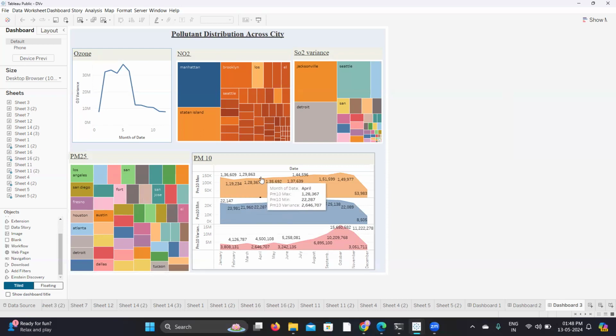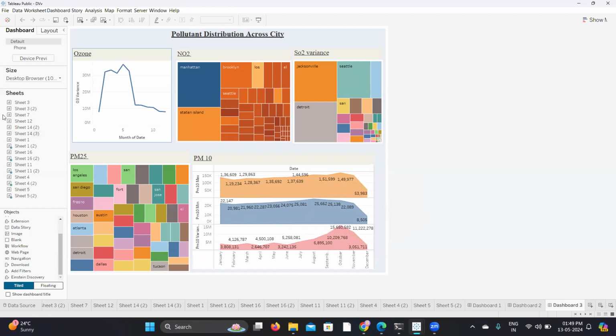Next, we have PM10. This chart tracks the trend of PM10 levels throughout the year, with the x-axis representing months from January to December and the y-axis depicting PM10 levels. Each point on the graph is annotated with the exact PM10 measurement for clarity. The chart shows peaks and valleys indicating seasonal variations in PM10 levels, possibly influenced by changes in weather conditions such as wind patterns and humidity, which can affect the suspension and